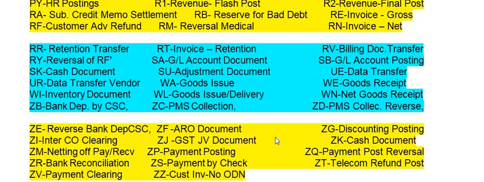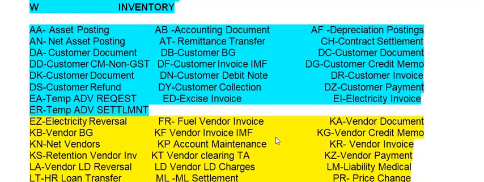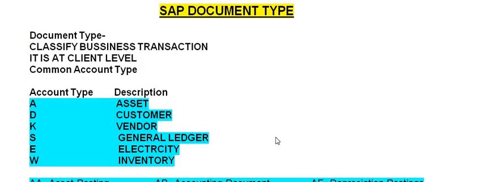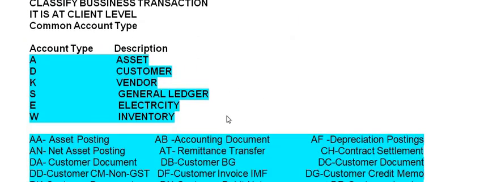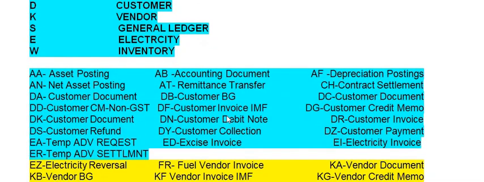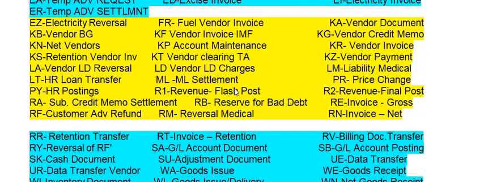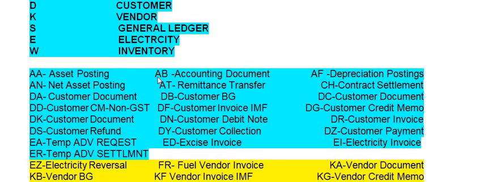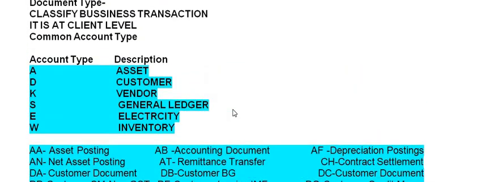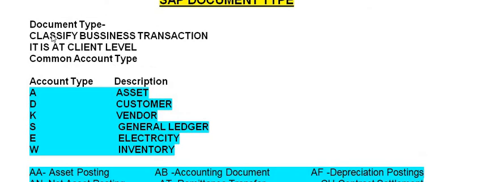So these are a few general common SAP document types. You may see these documents frequently used in the different general ledger reports, in FBL1 and in MB51 and in the different document types. So I repeat again, you may create your own document type in different financial years.